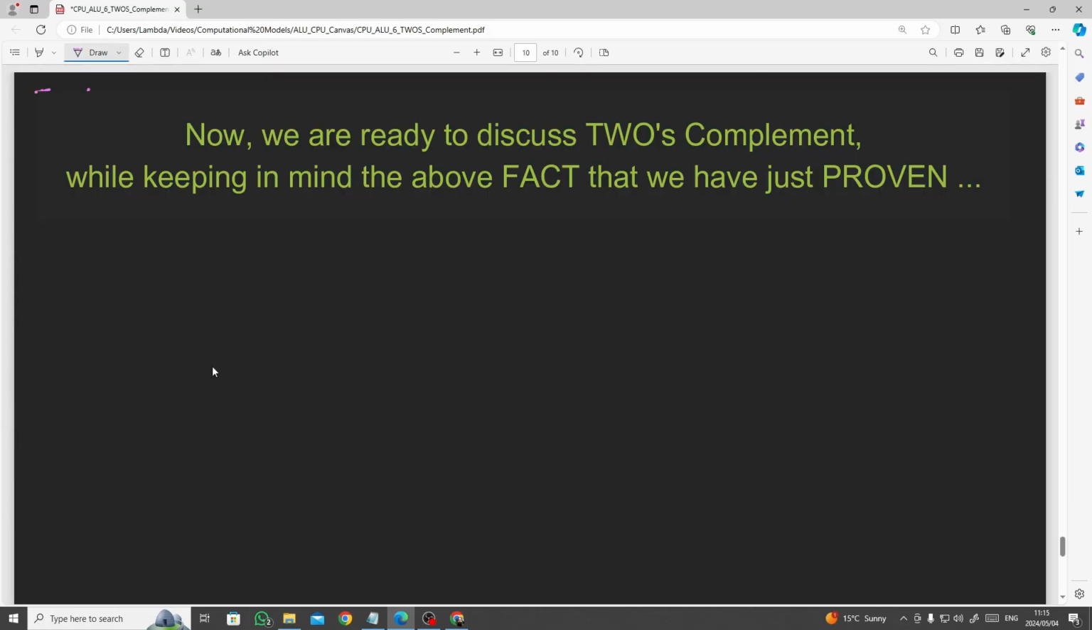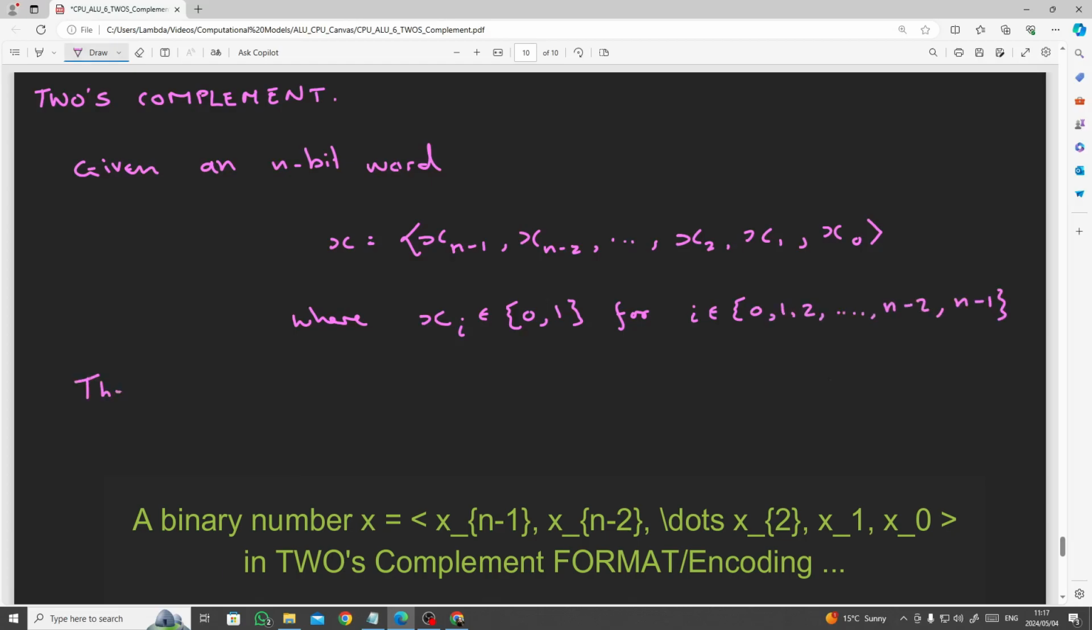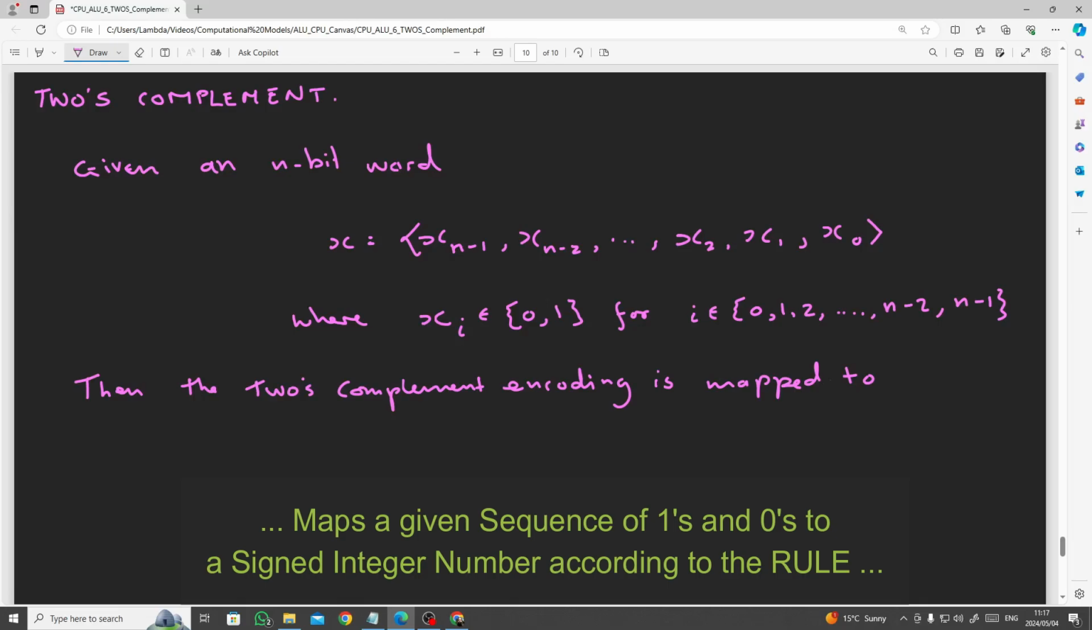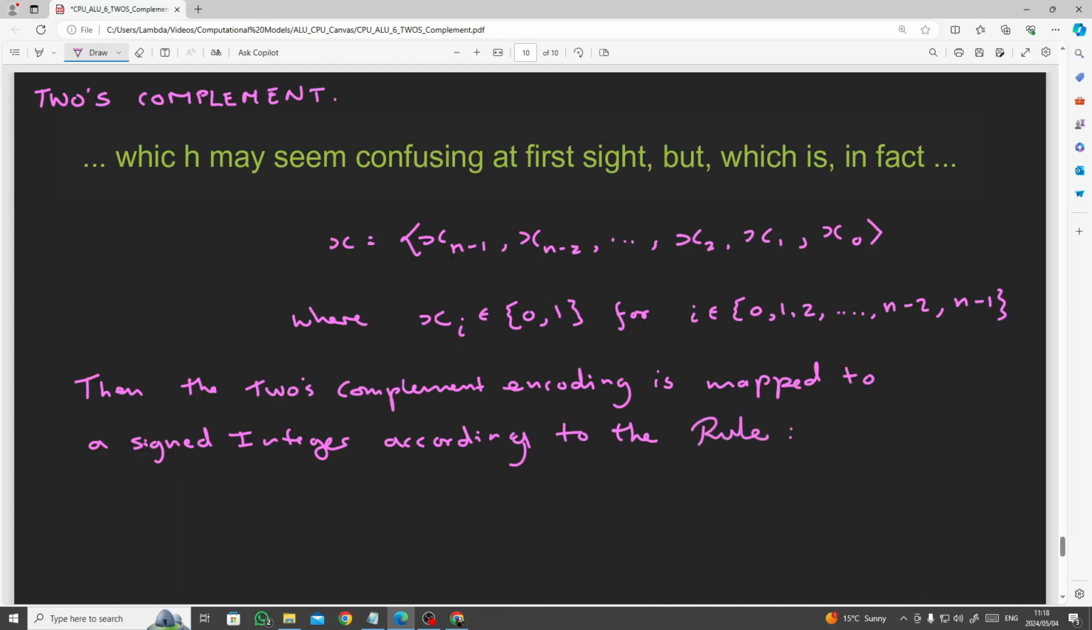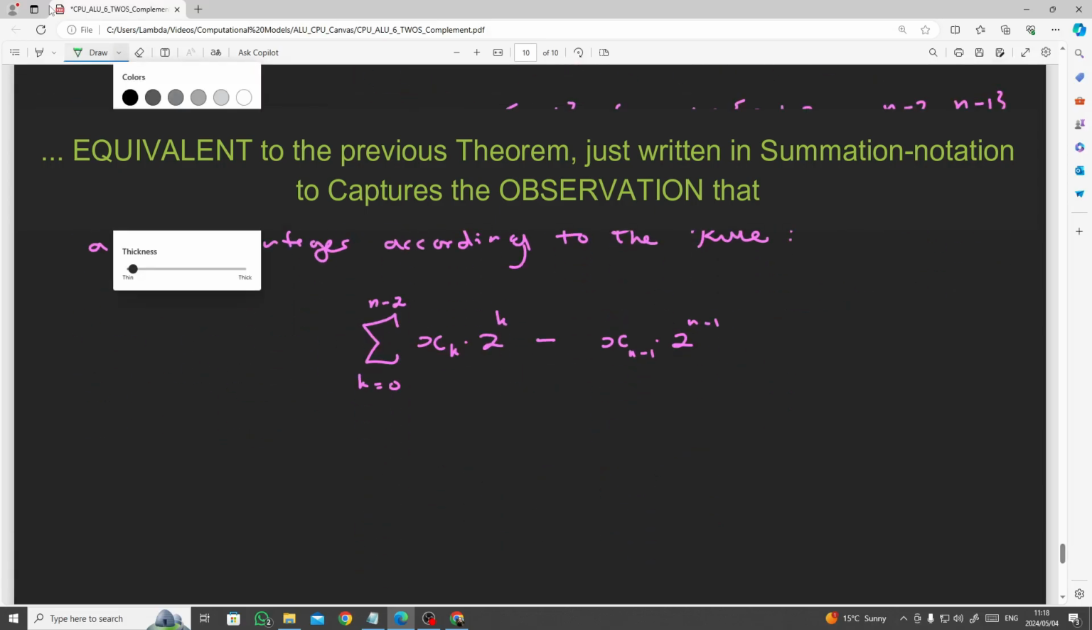Now we are ready to discuss 2's complement while keeping in mind the above fact that we have just proven. So a binary number, say x, in 2's complement format encoding maps a given sequence of 1s and 0s to signed integer numbers according to the rule, which may seem very confusing at first, but which is in fact equivalent to the previous theorem, just written in a summation notation